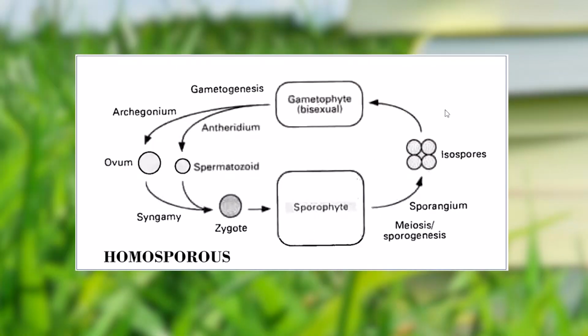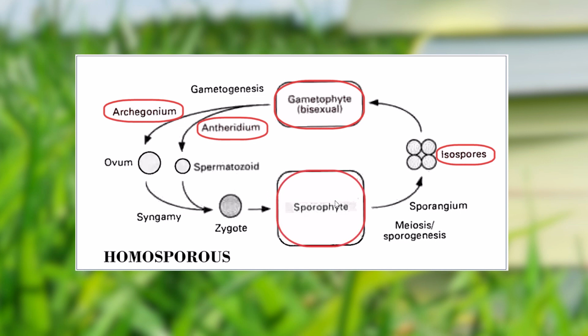In pteridophytes, a certain distinct thing is noticed. Some members of pteridophytes alternate the life cycle as I had just discussed, but this particular life cycle is known as homosporous alternation of generation. In this particular case, homospores or isospores are produced, and these isospores on germination produce the gametophyte. This gametophyte contains the archegonium and the antheridium which are being fertilized, again forming the sporophytic phase.